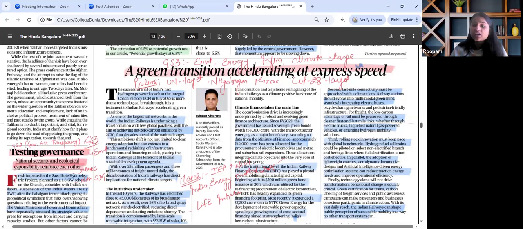EV and hydrogen ecosystem expansion is driven by the global supply chain and the domestic policy push that the government is trying to make. From a prelims perspective, we need to revise the National Green Hydrogen Mission, the Battery Energy Storage System Scheme, COP28 commitments, India's net zero by 2070, how we are going to do it, and what policy frameworks have been launched with regard to it.